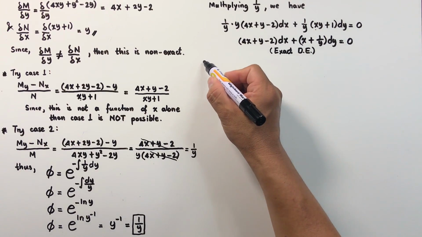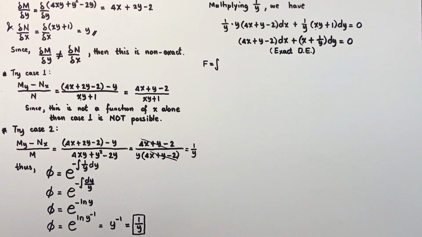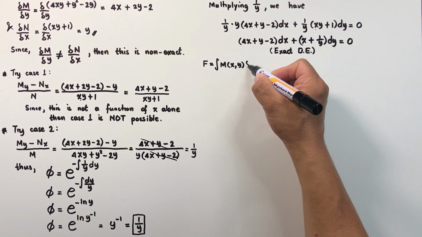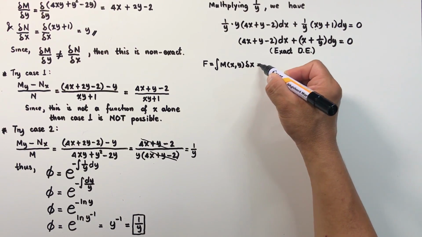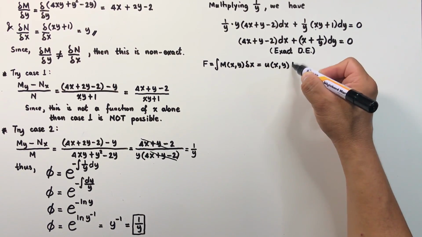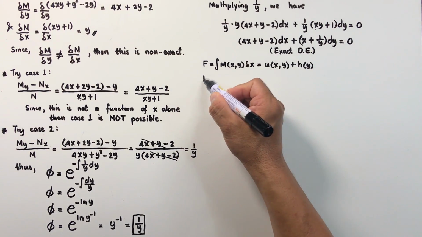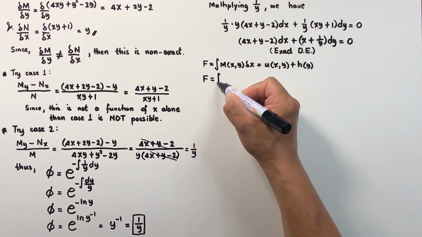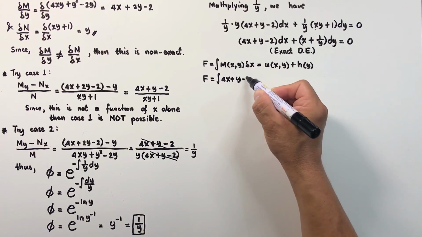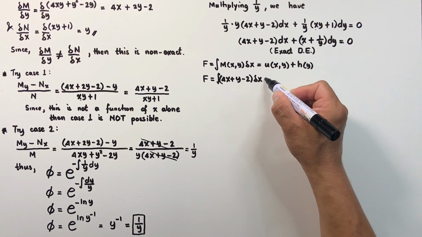So solving this exact differential equation, we need to integrate partially our M, which is in terms of x and y, with respect to x, and we expect that the answer is some function of x and y plus a function of y alone here. And we know that our M, which is equal to this trinomial here, 4x plus y minus 2, with respect to x, is equal to